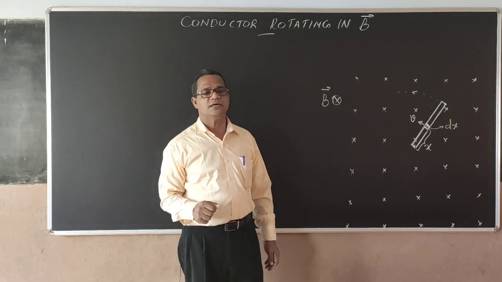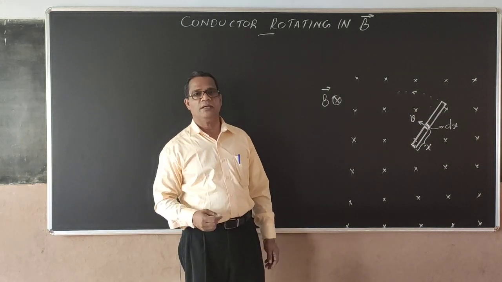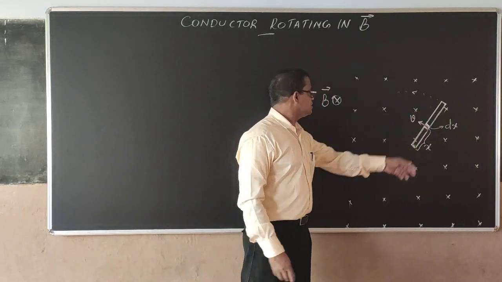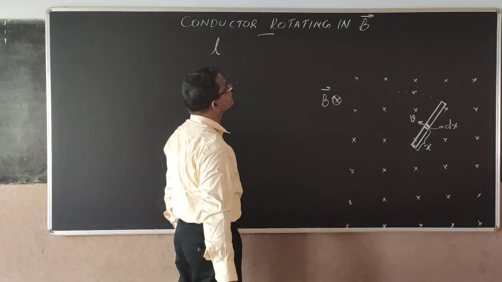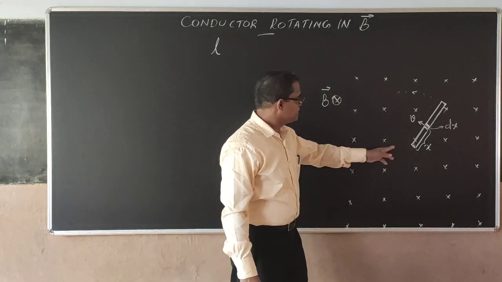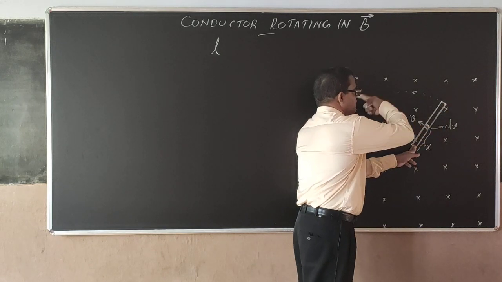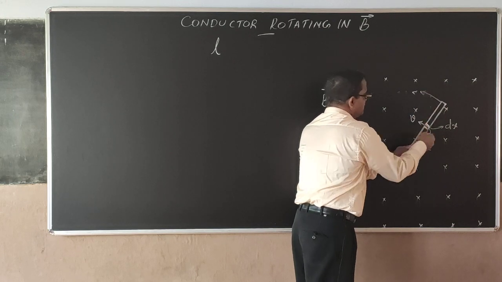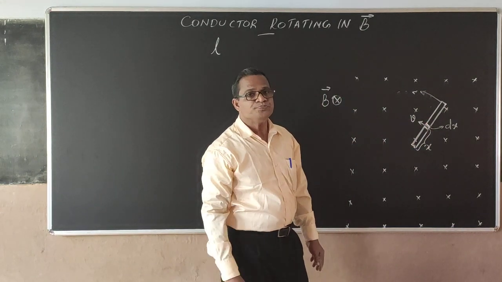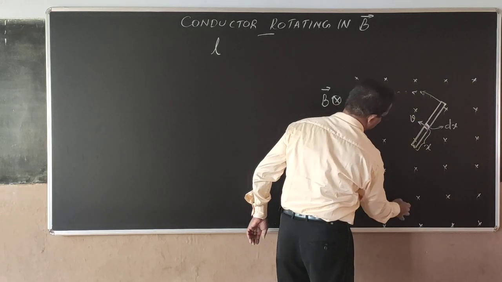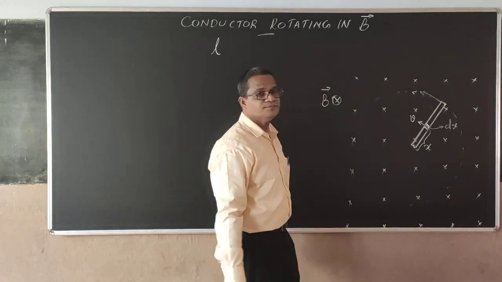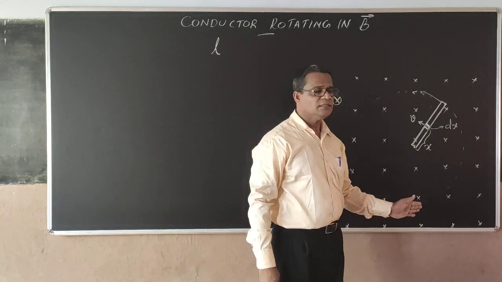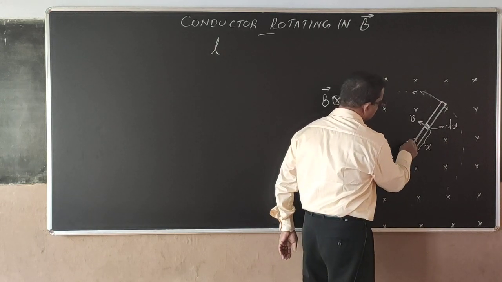In this video, we consider the application of motional EMF. Here, I have a conductor of length L. It is fixed at one end and I am rotating the other end, keeping this end fixed. So as it goes, it will be completing a circle in the magnetic field. As you rotate it, the magnetic field lines are cut by the conductor and therefore across the ends of the conductor